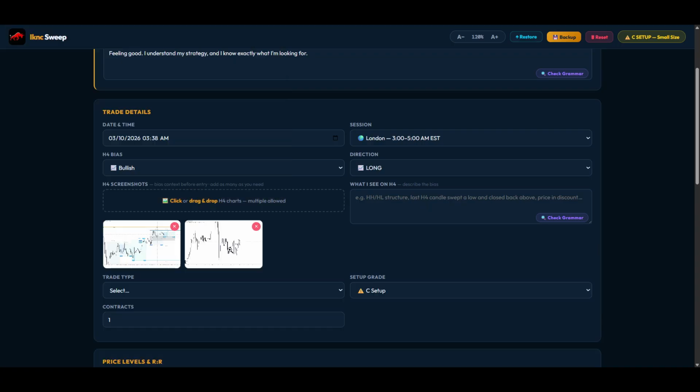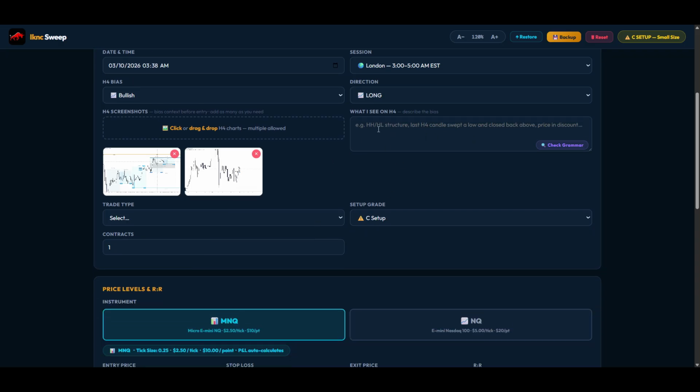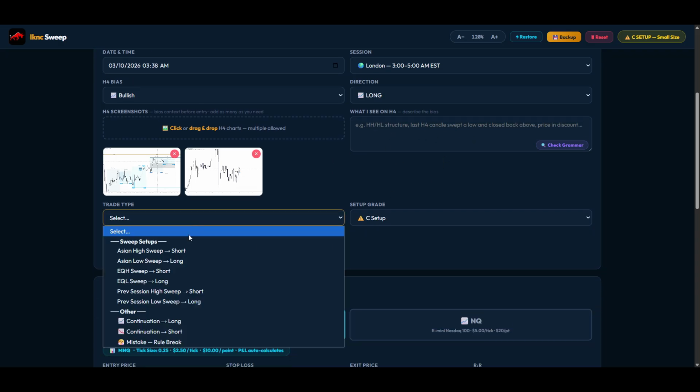Let's go ahead and add these. Add 2. I could go ahead and put this in. I'm going to put that in later. Trade type. Let's see. It's not necessarily Asia low or high that's being swept, right? So we're just going to go ahead and do a continuation because I'm looking for a continuation of that long move